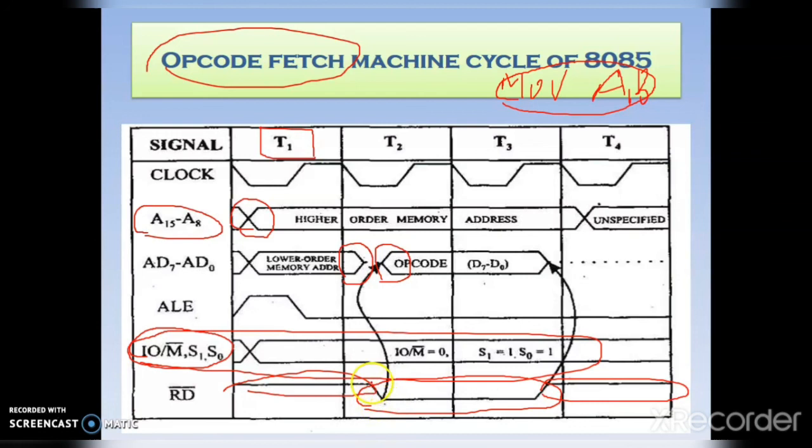It is activated in this T2 state and it transfers the data, that is the opcode, from the memory device to the microprocessor, and here the opcode fetch operation takes place. During the T3 state, the higher order address bus remains active and the data bus operation also takes place, the ALE signal is deactivated and the status signal is also activated. In this T3 state, the RD signal goes high and disables the memory location. The opcode fetch operation completes here, that is, the microprocessor completes the opcode fetch operation and decodes and executes the instruction accordingly.